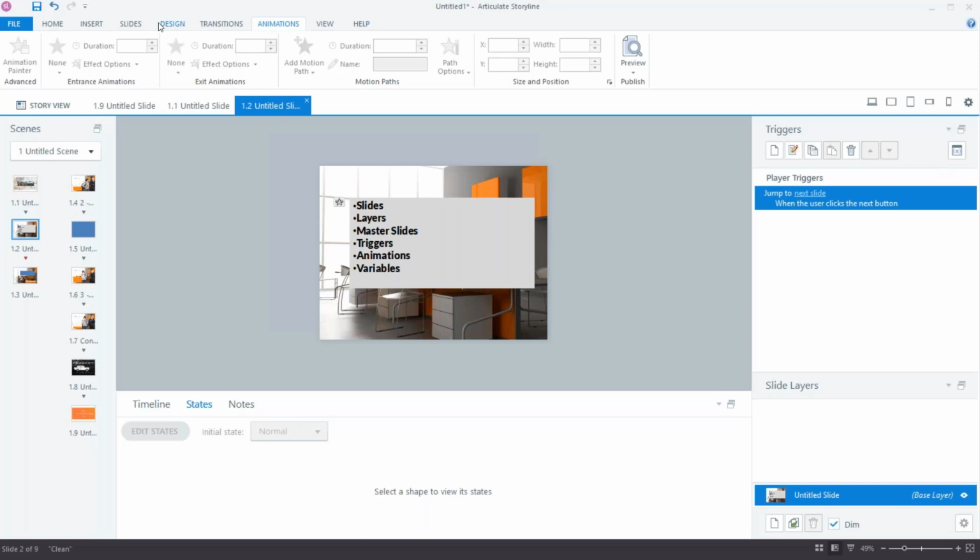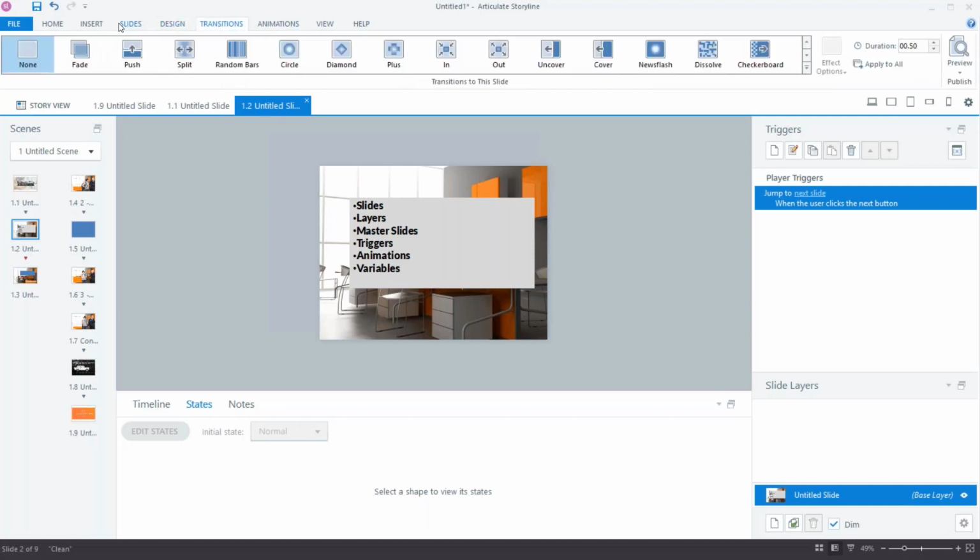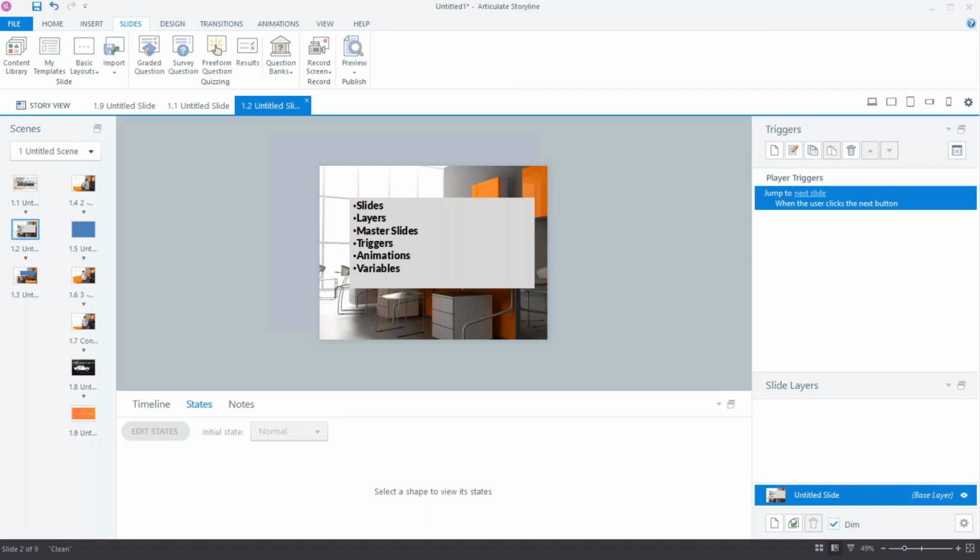Again, there's a lot of information here, and a lot that I could have covered that I didn't, these design tabs and the transitions and so forth. The best thing I can suggest is go ahead and open Storyline, find some templates or some projects that are done already that you can get the project files for, and start to play with them, start to deconstruct them, and start to ask why you're doing certain things. Like I've said, if you need to reach out to me, we have methods where you can do that, and I can help walk you through.